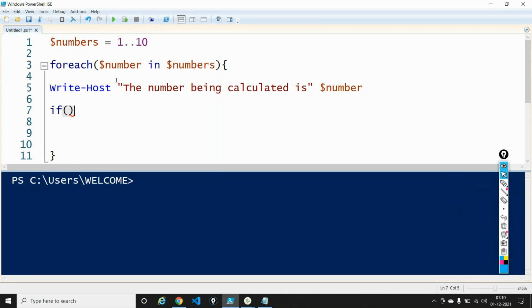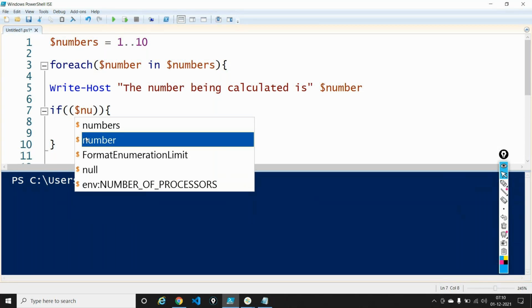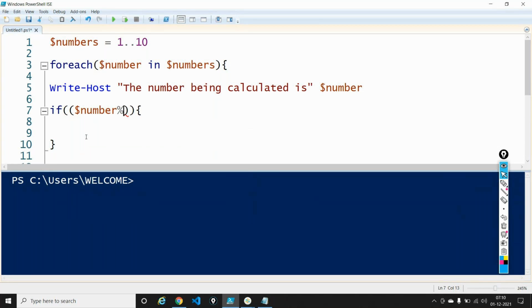Now I will say if, and this is the syntax of if: open and close parenthesis, then open and close curly brackets. In the parentheses I can now give a condition. I will open another parenthesis here because this is a mathematical expression that I'm writing. So I'll say if $number divided by 2. How do I give a divide? It's the percent symbol, by 2